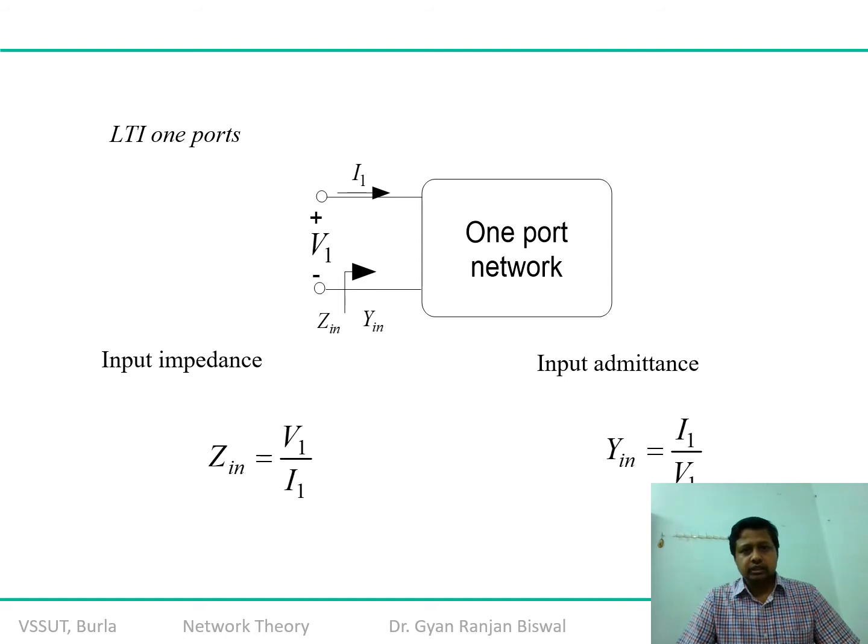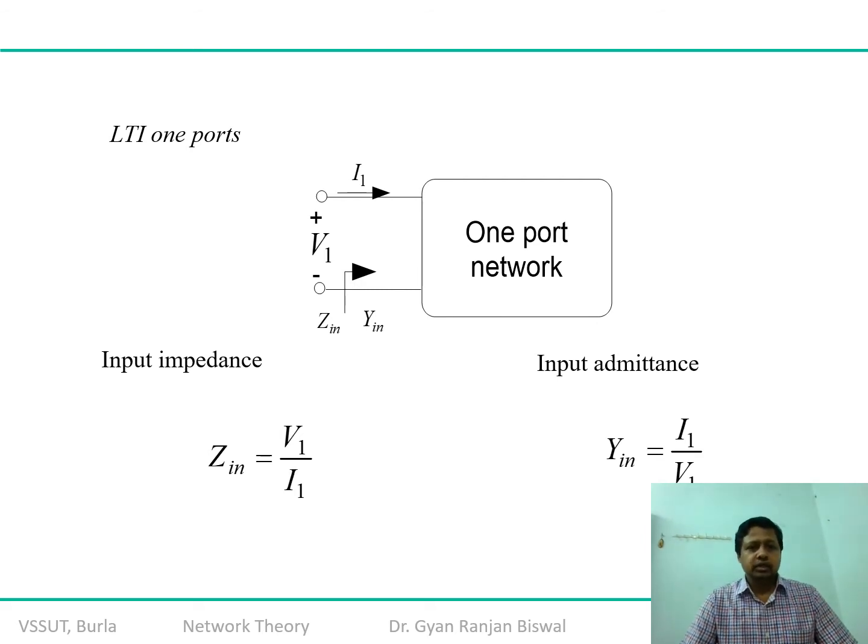So here we take an example of a one port linear time invariant system, and as you can see in this demonstration, there is a dedicated current, there is a dedicated voltage, and therefore there is a dedicated impedance or admittance in that particular port. Zin is mentioned as input impedance or input admittance, but it doesn't matter, because right now we took the example of a one port network. So there is no meaning of writing input port or output port. It is just for your understanding only. You can simply write Z or Y as well.